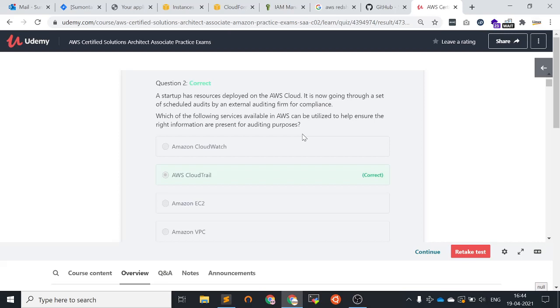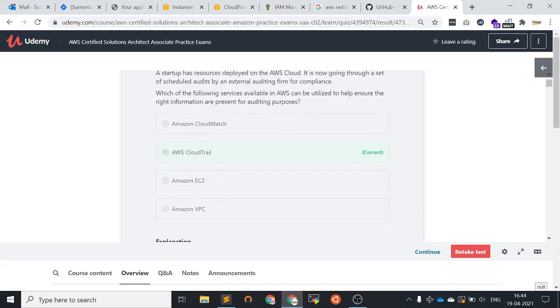Which of the following services available in AWS can be utilized to help ensure the right information is present for auditing purposes? So for auditing purposes, which service can give the maximum information? The options are Amazon CloudWatch, AWS CloudTrail, Amazon EC2, and Amazon VPC.